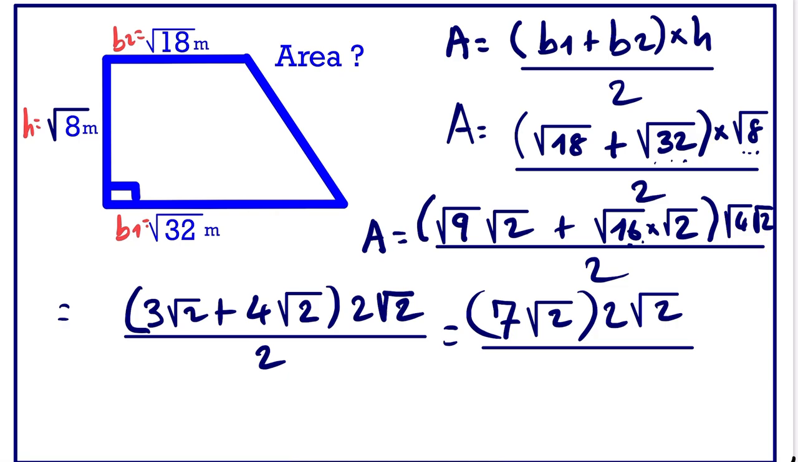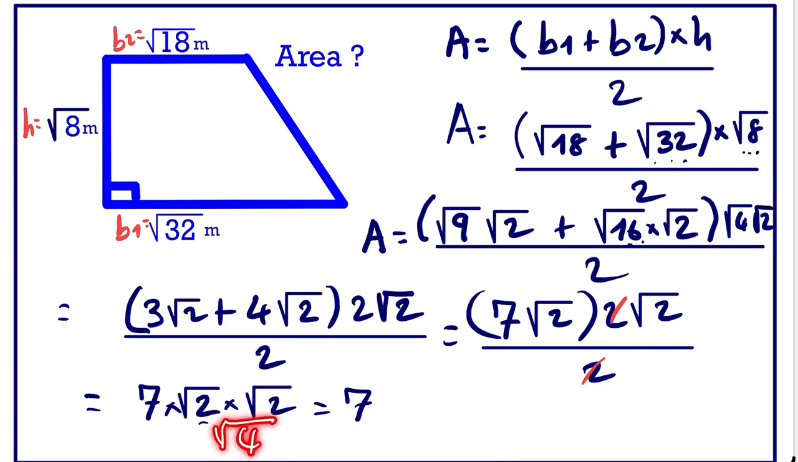divided by 2. This 2 and this 2 can cancel out. We'll be left with 7 times root 2 times root 2. Root 2 times root 2 is root 4, and root 4 is 2. So 7 times 2. The answer is still the same,